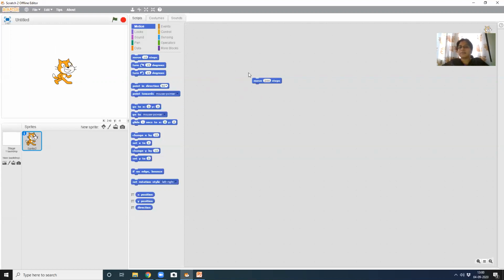Okay, shall we do it? I'm going to double click here. I'm keeping my mouse cursor on the steps block and double clicking it. See, it went right from the center, it came forward. So this is how it works.